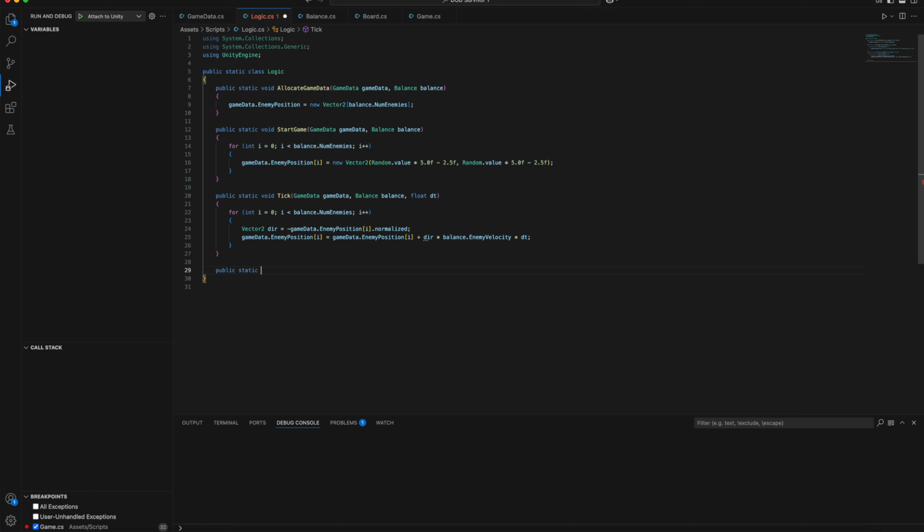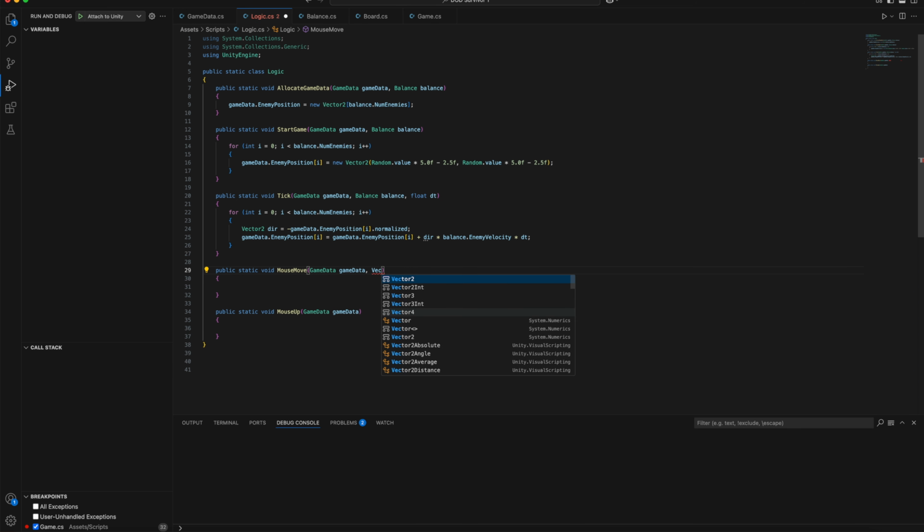So we're going to add two functions here: mouse move, which takes in our game data, and the diff, and also mouse up, which just takes in game data. Actually, what we can do here is take in, because who knows what we want to use it for in the future,